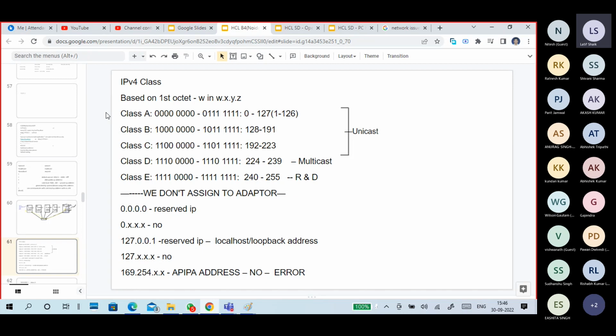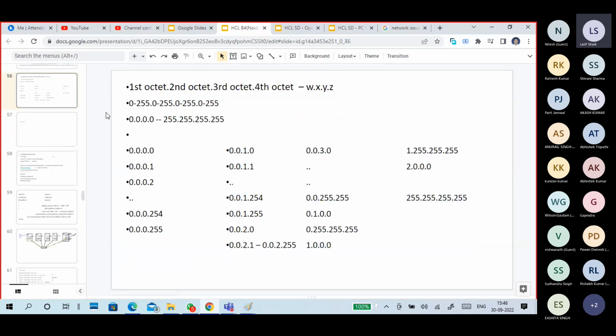IPv4 is divided into 5 classes. Why 5 classes? If you see the IP addresses from 0.0.0.0 to 255.255.255.255 and take that as a single network, what happens? That is not enough IP addresses, and we cannot manage IP addresses much better. Why? Because there are 4.3 billion IP addresses. That is a very big number. But if you calculate the population, India alone has 1.4 billion people, right? At least one computer per person. It is more than 100,